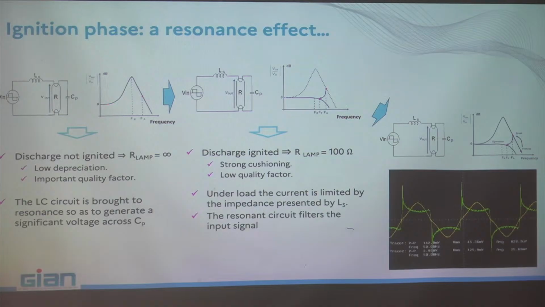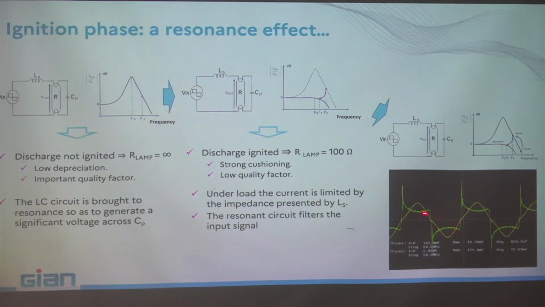Now, if you play with the frequency here, the only thing you can do is dimming of the lamp. You cannot go to such high values because you don't need it anymore. Well, the system is self-adaptive. We use it initially to ignite the lamp, and once the lamp is ignited, by playing with the switching frequency, you can make a dimming of the lamp.